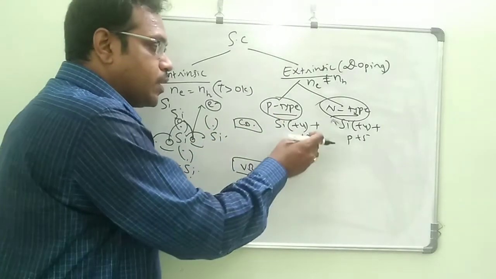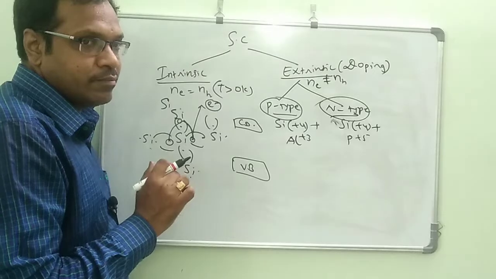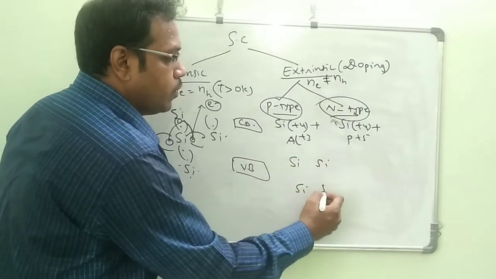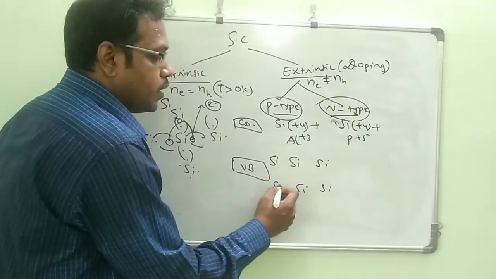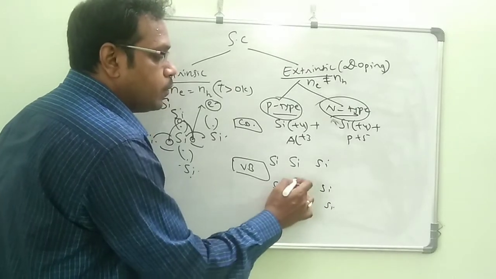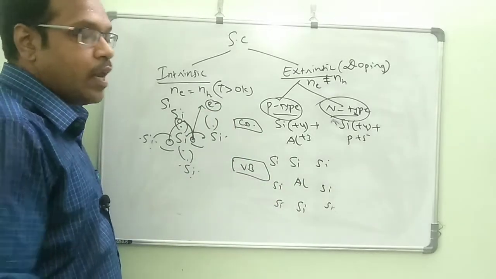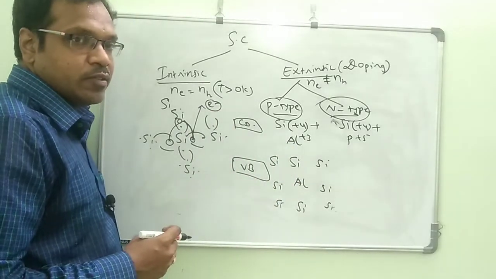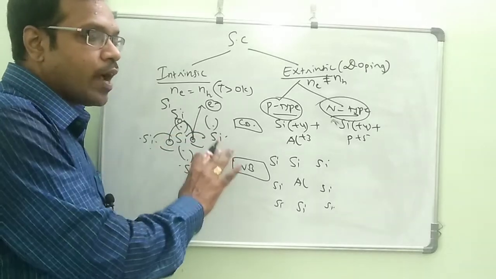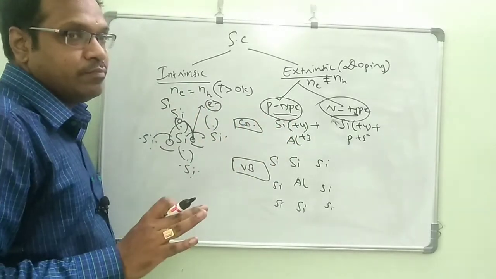When you keep one aluminum atom, it will replace one silicon atom. Just understand, this one silicon is there, like this one bond is there here. These are all important points. I am replacing one silicon atom, and I am keeping one aluminum atom, so that the neutrality of the atom will not be disturbed. You will get excess, but the net charge will be 0.